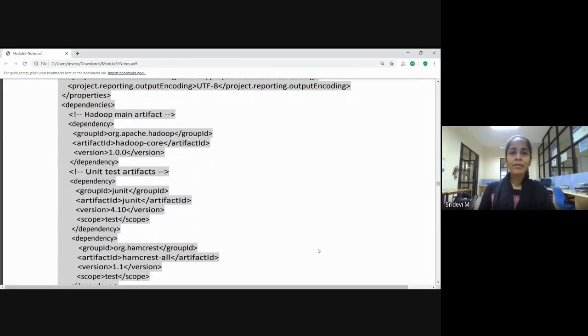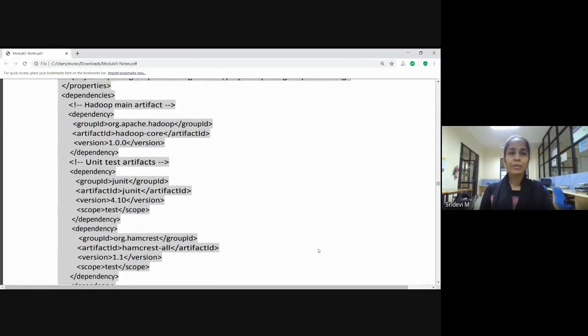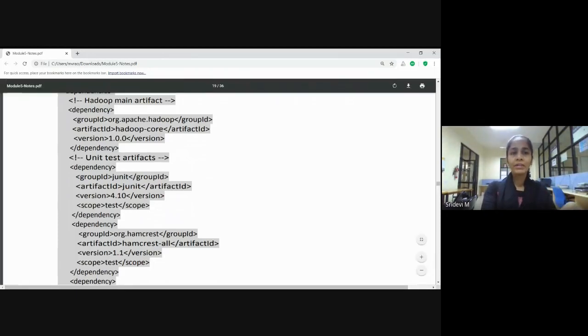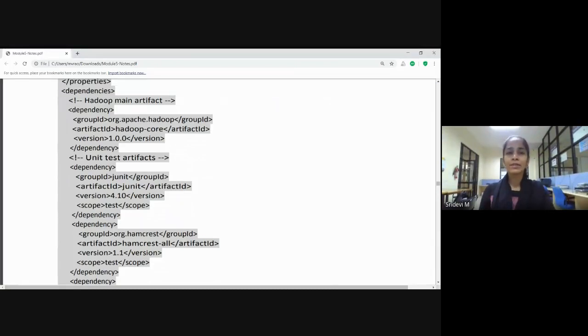The main part we already discussed is the dependencies. See this tag, where the dependencies start. This is a comment to indicate which property we are trying to add.